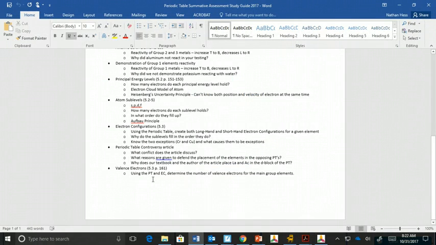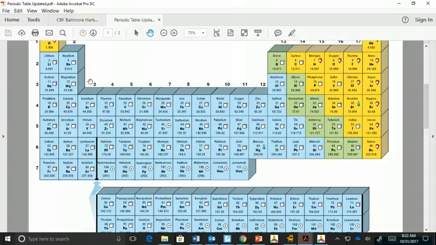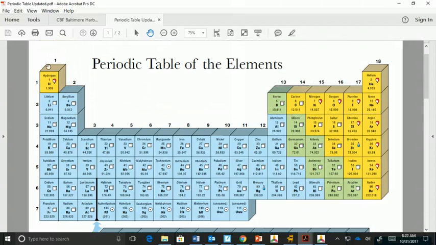And last but not least, you should be able to use that periodic table and the electron configuration to determine the number of valence electrons for each of the main group elements. So we know for the main group elements that those in groups 1 and 2 have 1 valence electron, 2 valence electrons. These guys have 13, excuse me, not 13, you have to subtract the 10. So 3 valence electrons, 4 valence electrons, 5, 6, 7, 8. And of course the charges, this would be a +1, a +2, a +3, because they give away their electrons. This would be a -1, a -2, and a -3 for these non-metal pieces.